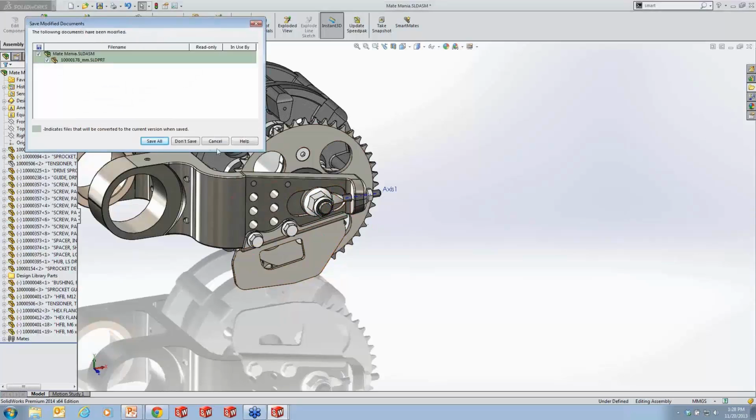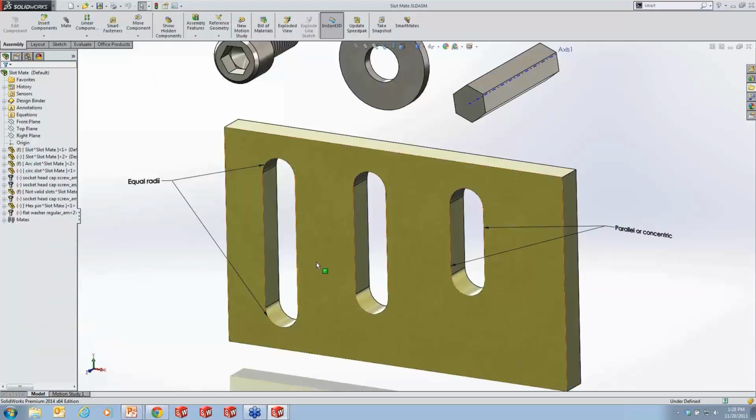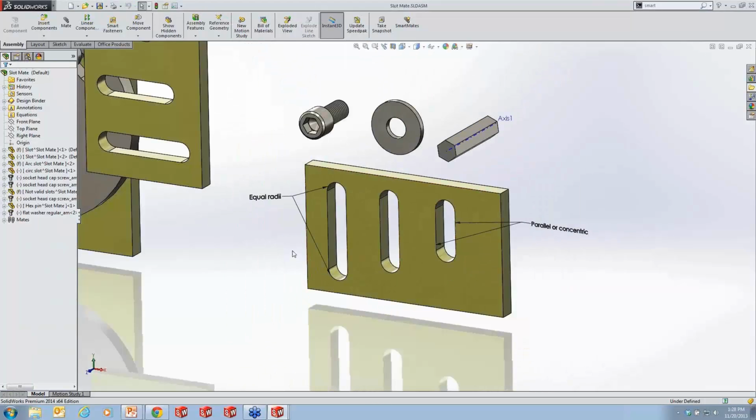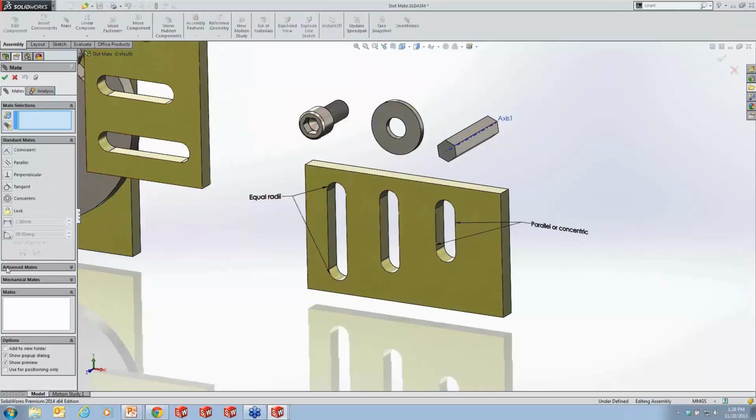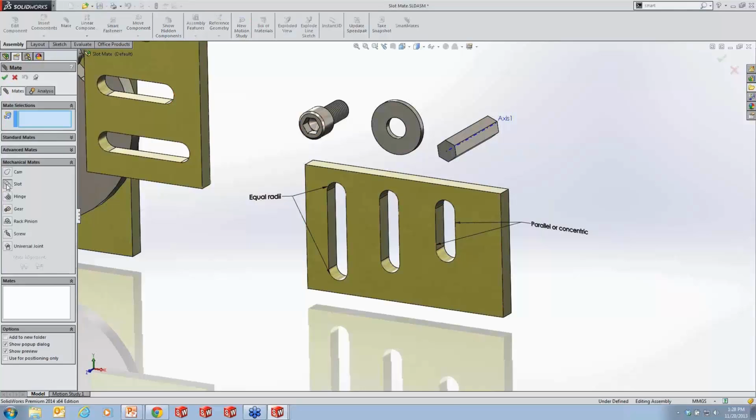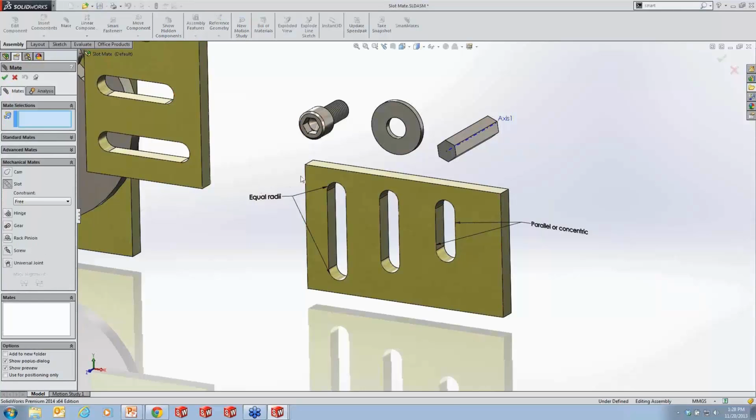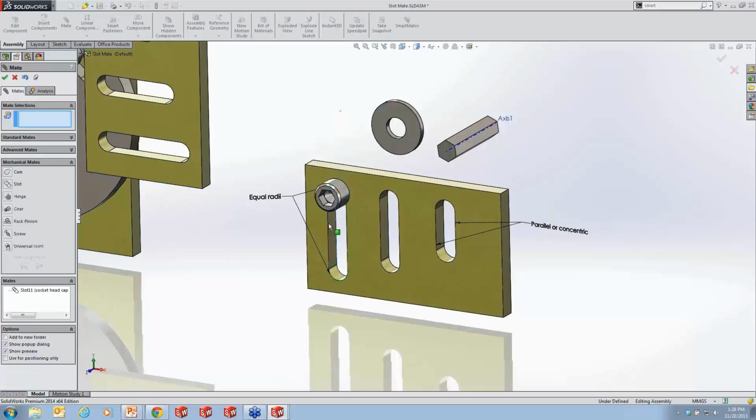Another one that, when we did our rollouts, a lot of people really loved is the new mating tools as well, the slot mate. That's a great mate tool. If I just activate the mate tool and go to the mechanical mate section, I have a slot mate option. In the slot mate, I have the ability to pick on a cylinder and a slot, and it mates it into place. And I can drag it around, and you can see that it automatically stops at the center point